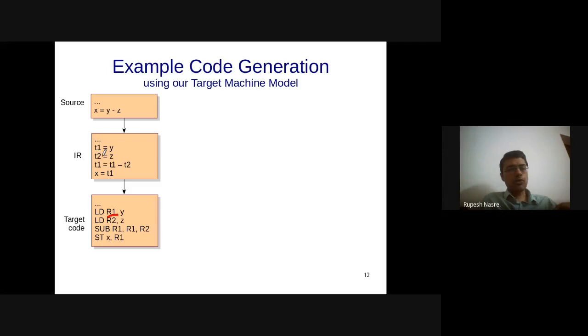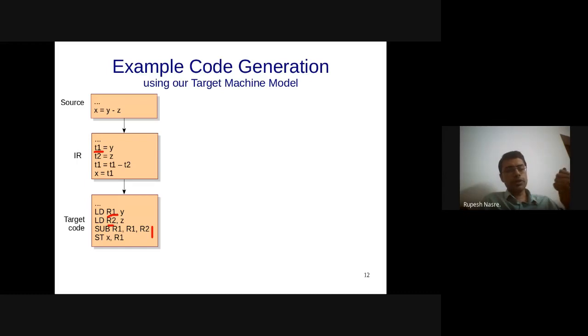Note how T1 and T2 nicely got changed into R1 and R2, keeping most of the rest of the instruction the same. There is a nice similarity between the IR and the target code. This shows that the IR is actually very low level, and it resembles the target code quite well.